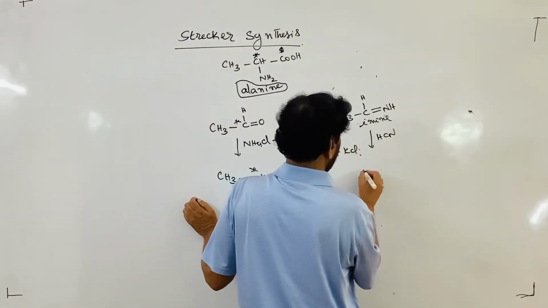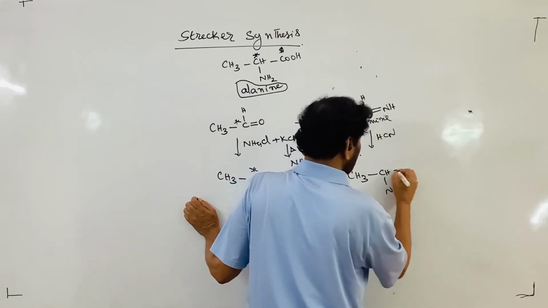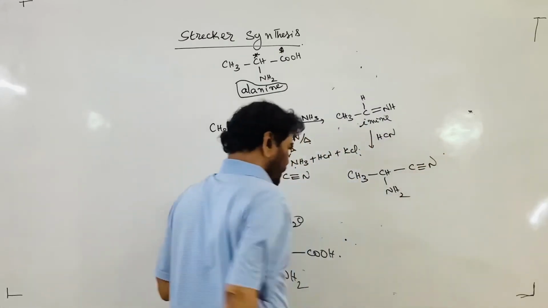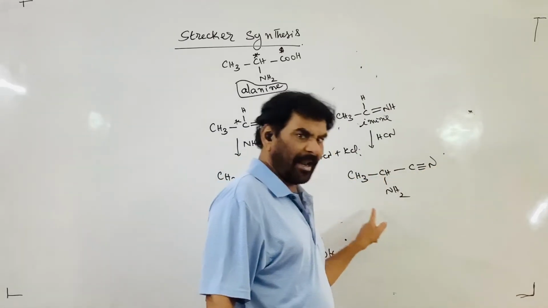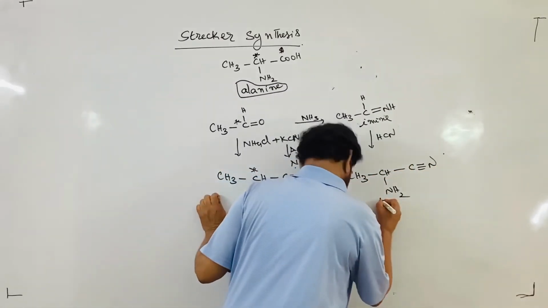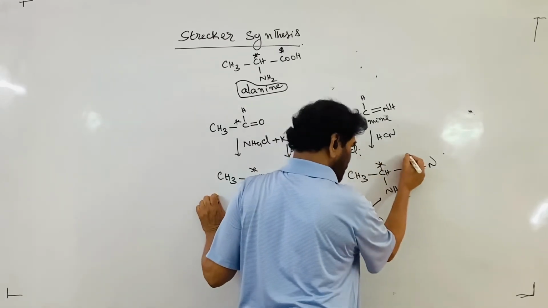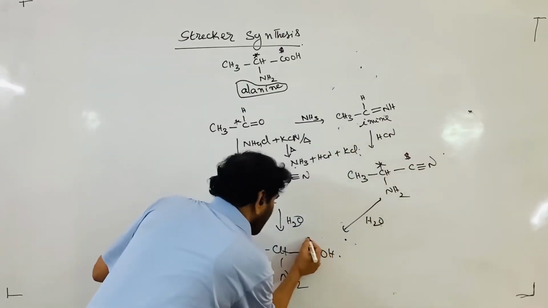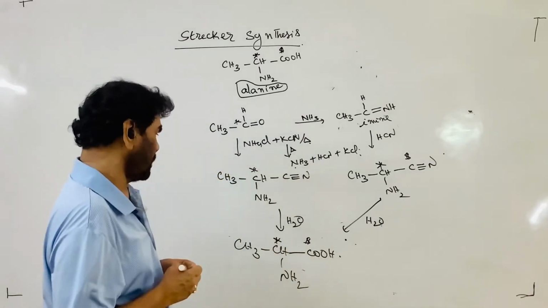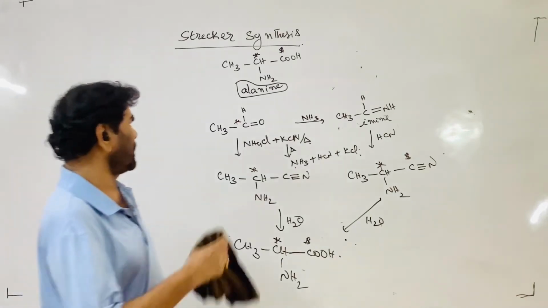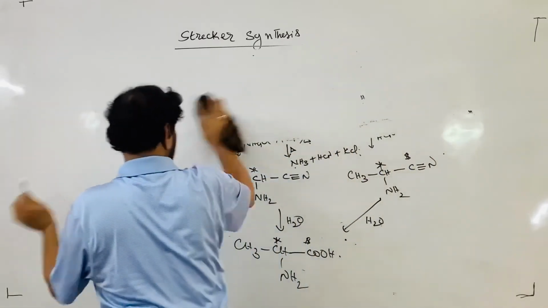That is HCN. Now it is converted into the CH3, this is NH2, this is C triple bond N. So propane nitrile compound, 2-amino propane nitrile. Amino nitrile is formed. If you give water to this system, this is the aldehyde carbon, this is the cyanide carbon. The cyanide carbon is converted into the carboxylic group, and this is converted to the amino carbon. So simple procedure.